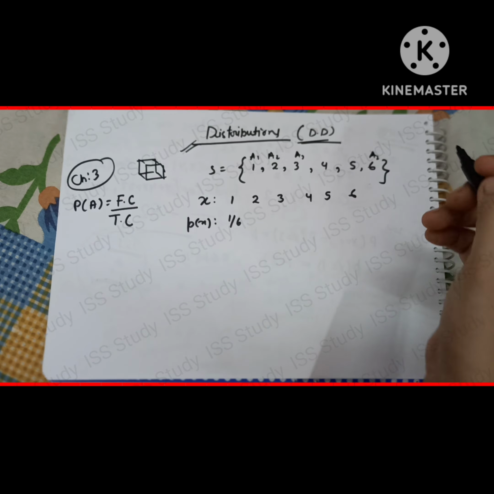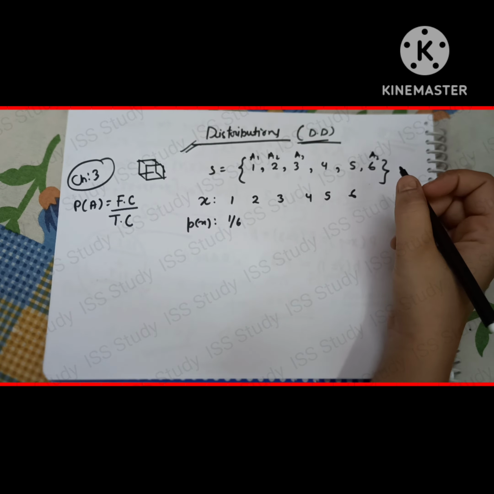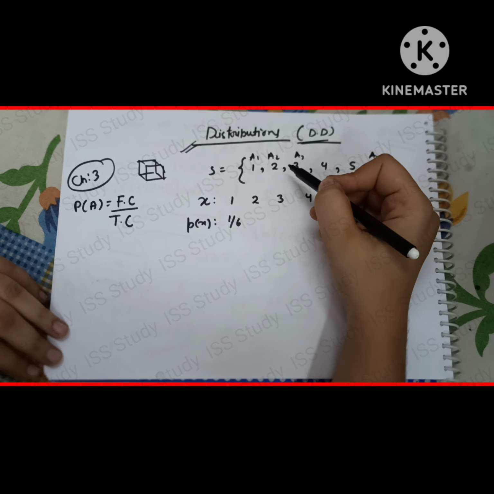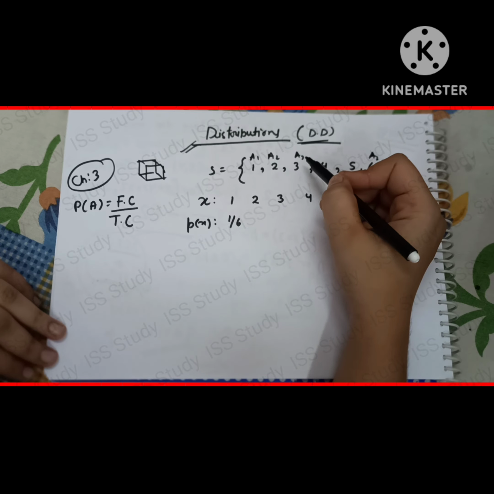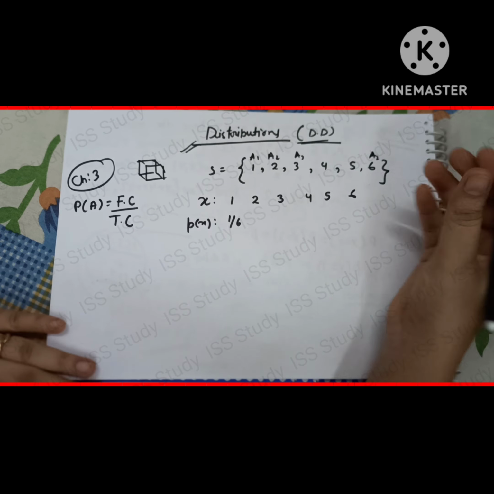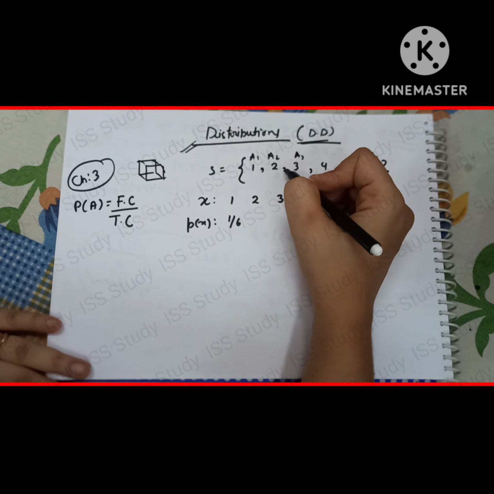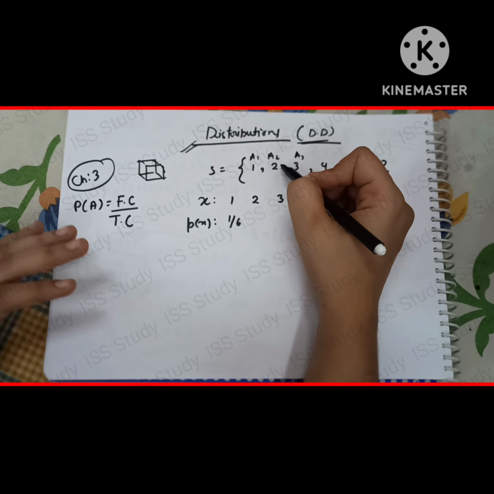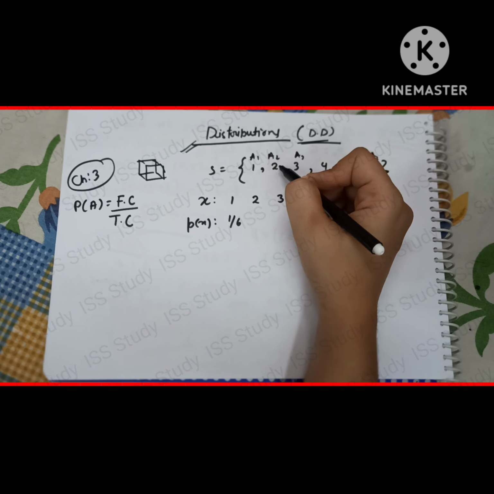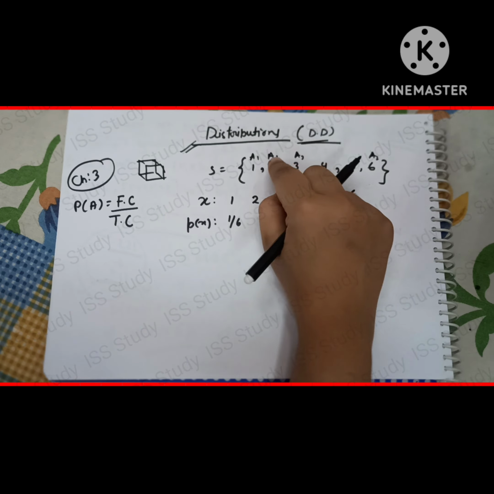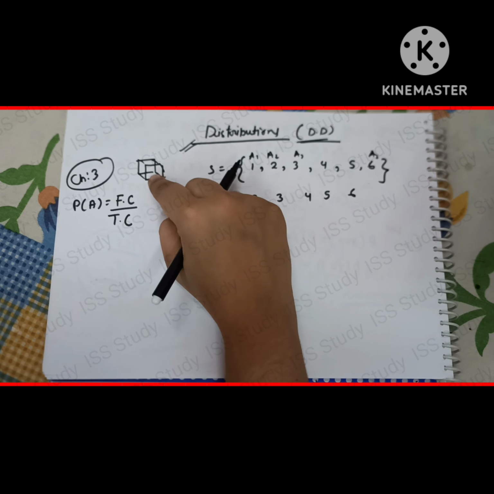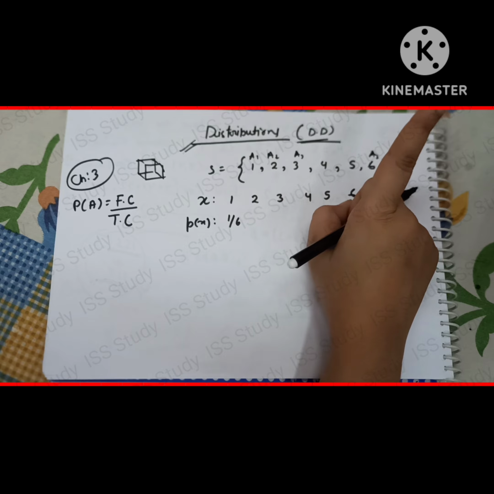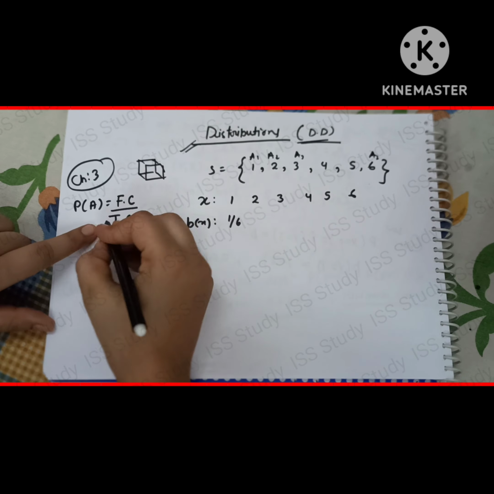Okay, so what I said is that what we are doing here is just counting the number of events, right? I am talking about the event A2 and I am asking you what is the probability of this 2 happening. A2 represents the outcome 2 in the case of rolling a die. 2 happens only one time, right?